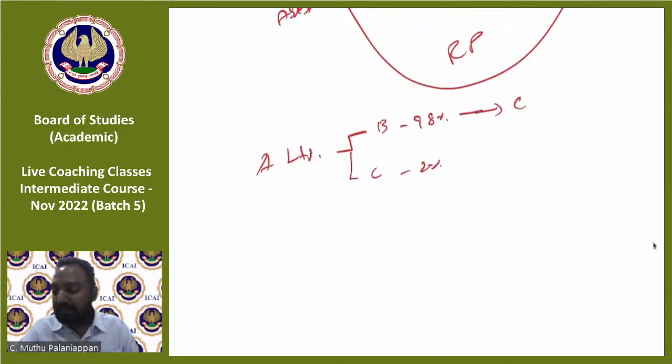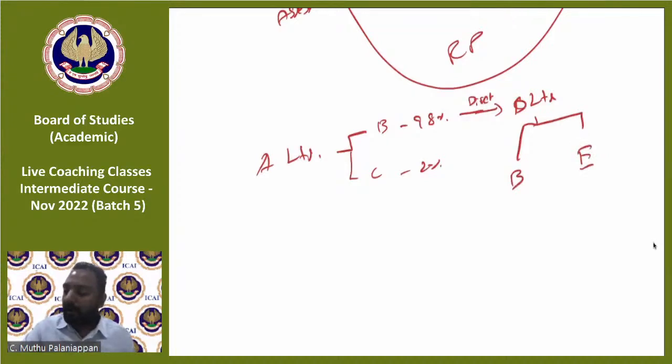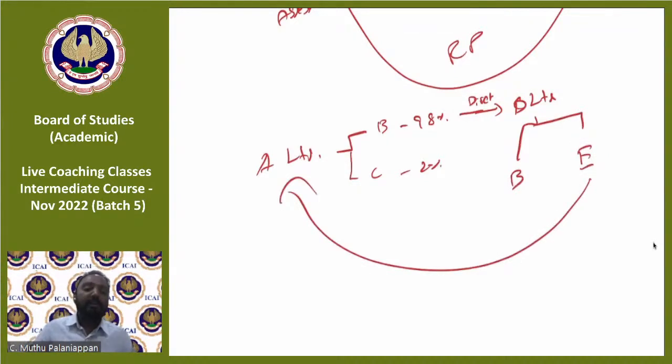Because B owns substantial interest, let's say B is a director in C Limited and D Limited. He does not own substantial interest there. B is just a director in D Limited. Now, D Limited has two directors, B and E. Now, E is also a related party of A Limited. Why? Because B owns substantial interest in A Limited, and E is a director of D Limited. So, E and A are also related parties.